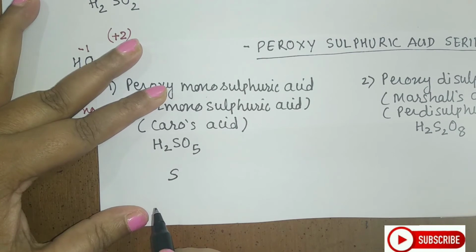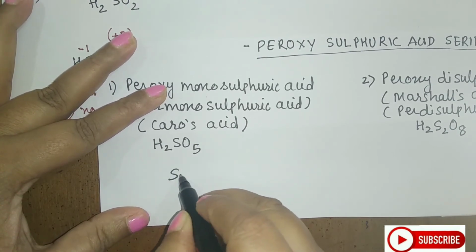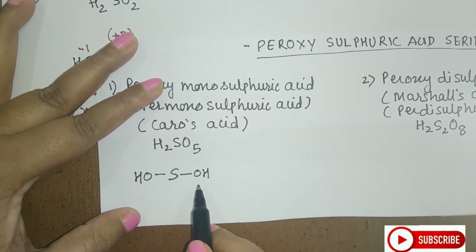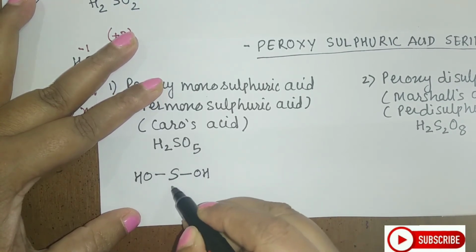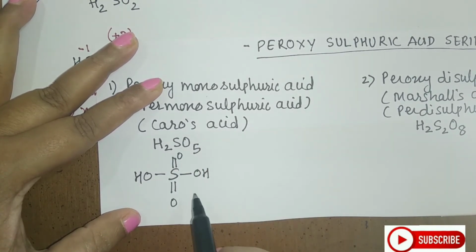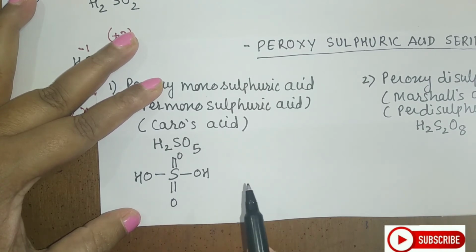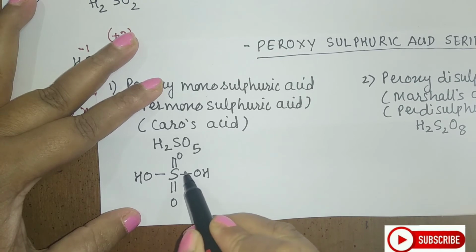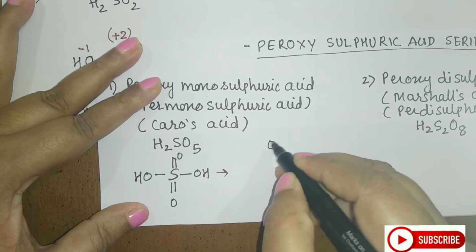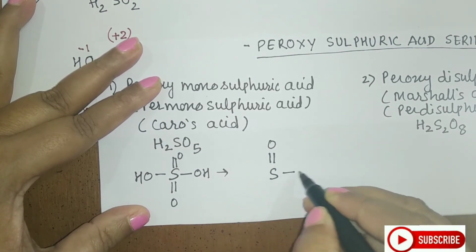Then I will form the maximum number of OH. I can form 2 OH. So I will write the 2 OH in this way. 2 oxygen atoms I have used. Remaining are 3. So I will attach the first one, the second one, but the third one I cannot insert because sulfur has already completed its 6 bond efficiency. Now where you will put the next oxygen, without disturbing the number of bonds on sulfur, is somewhere here or here. So what will be the structure, student? The structure here that I can draw is in this fashion.